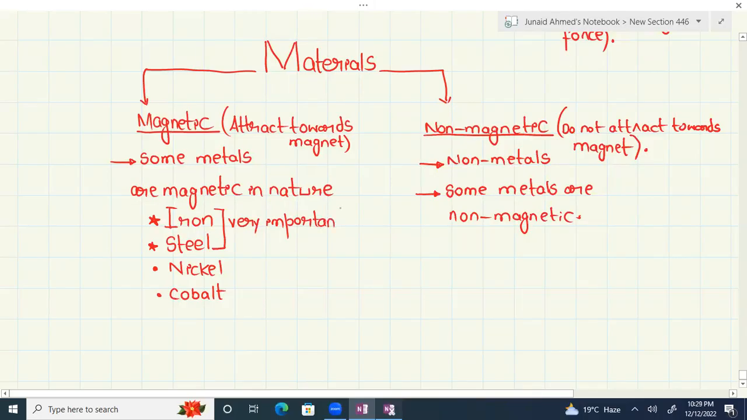They are very important. And there are many non-metals. Look, if I write glass is non-magnetic, everybody knows. If I write wood, everybody knows. Because if I write plastic, everybody knows that it is non-magnetic in nature. But all non-metals are non-magnetic in nature, but few metals such as silver